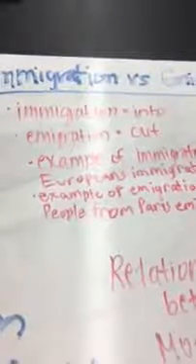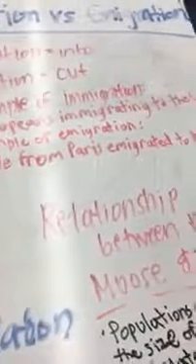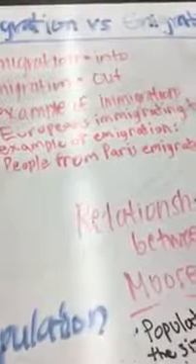So, again, immigration is the movement of individuals into a population, and emigration is the movement of individuals out of a population. Both of these are contributors to population growth. An example of immigration is people from Europe immigrated to California, so basically that's saying that they moved into California. And an example of emigration is people from Paris emigrated to New York, so that's basically saying that people from Paris moved out